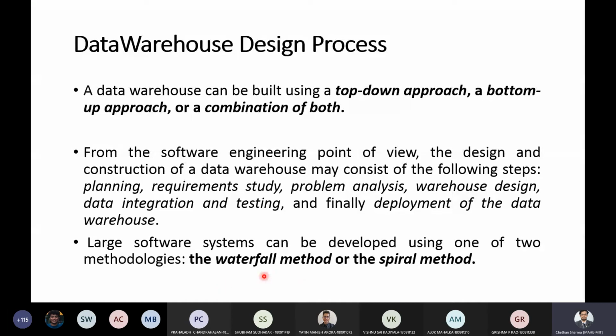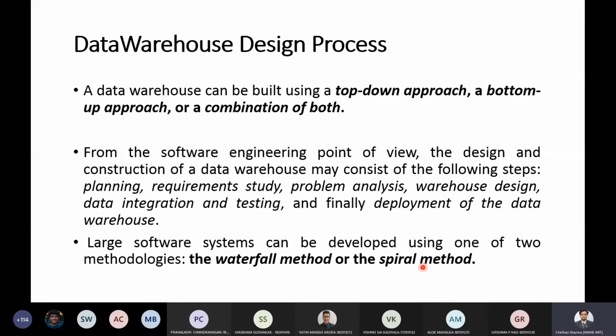Next is the spiral model. This particular method involves rapid generation of your systems with short intervals.